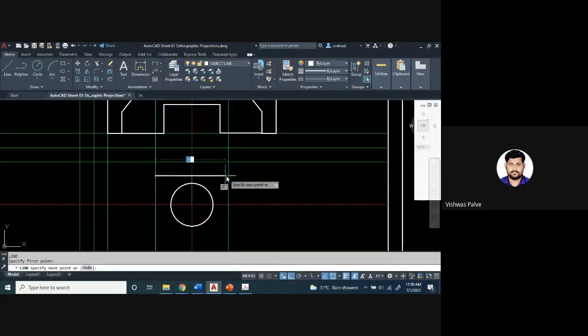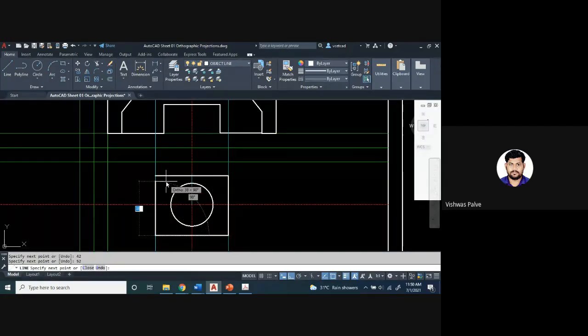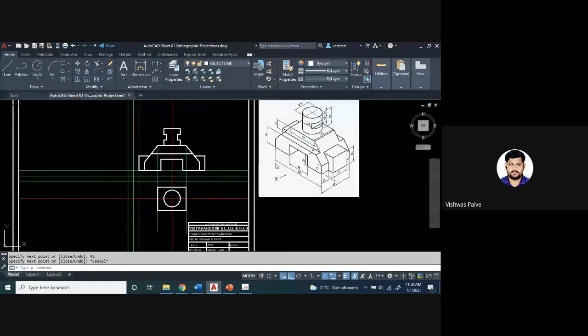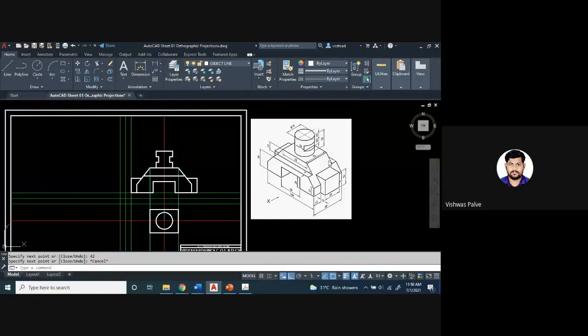Okay, I will draw a horizontal line. I'll enter distance of 42, then 52 millimeter, and again 42 millimeter. Okay, so I will get this rectangular portion. So from top, when we observe, you will get this rectangle 52 and 42. So that I have drawn.